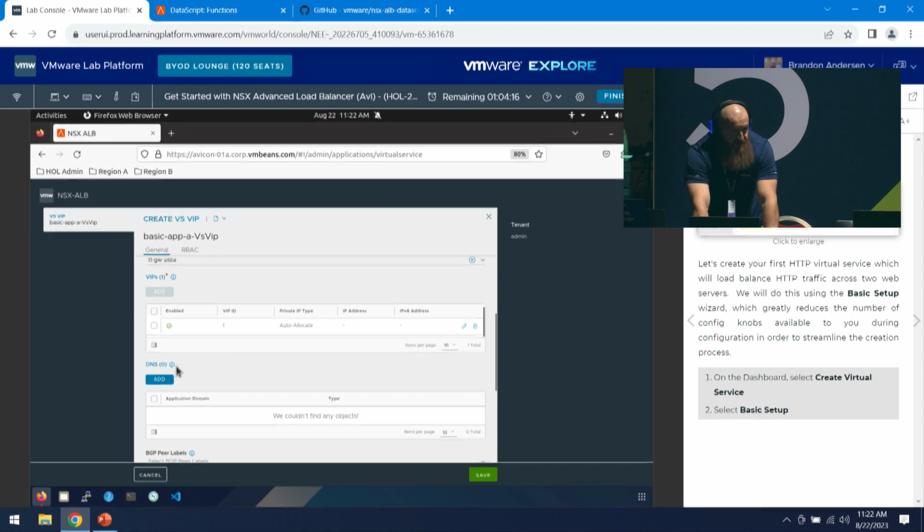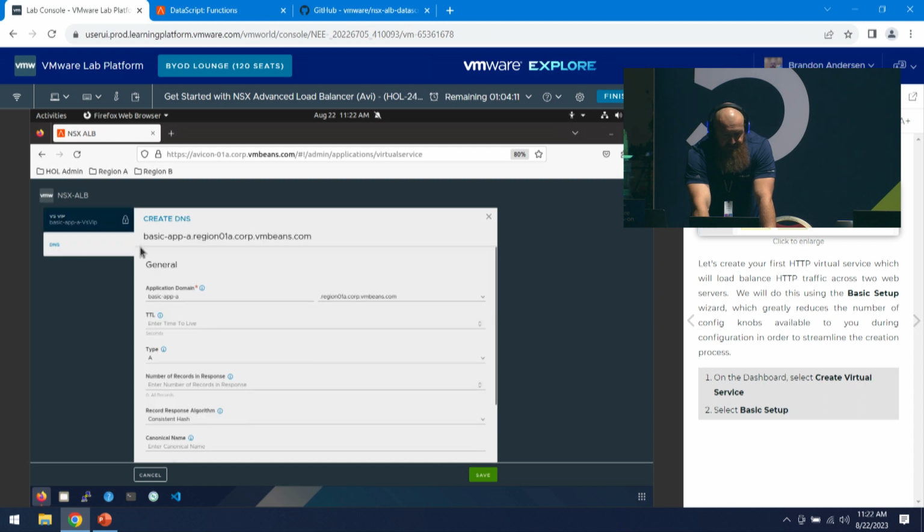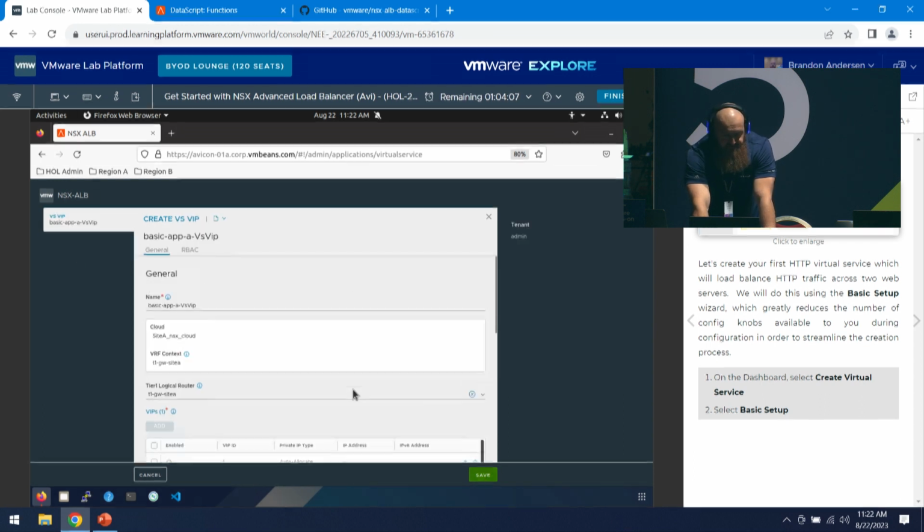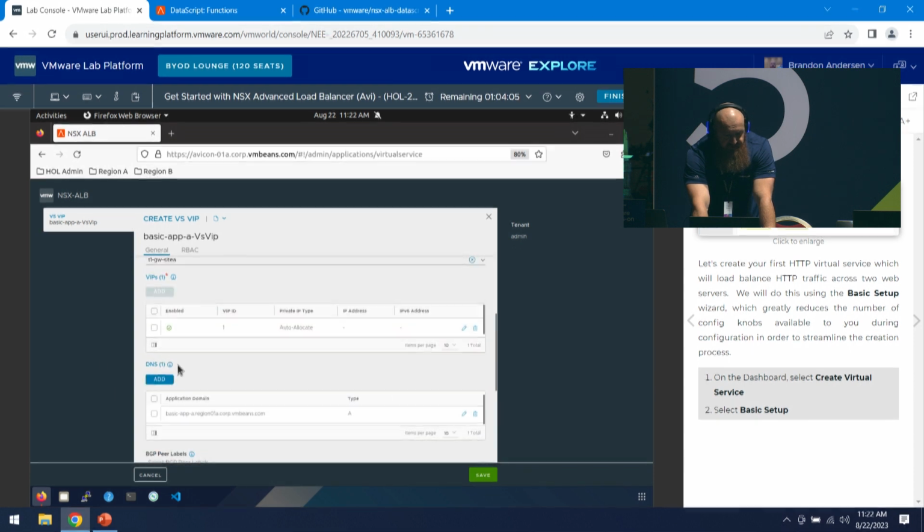And we also want to create an FQDN for it. So if we go to DNS, we'll click Add. The name is already pre-populated, so pretty much you just have to click Add and then Save. And then you can see that down here you have one name in there. So if you click Save,